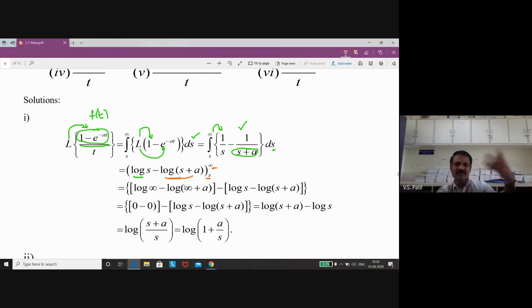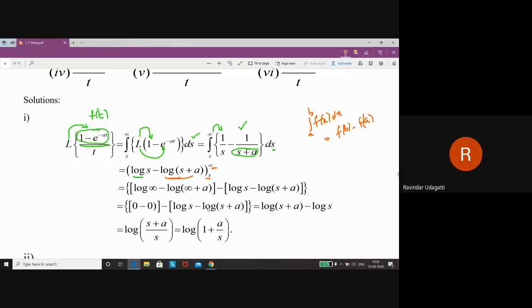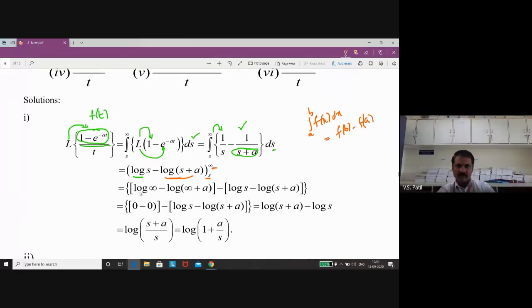Now, there are some other techniques in some books they will use, but I am going to substitute directly. So first put the upper limit. By the definite integral property, integration a to b f of x dx, how you can write this one as f of b minus f of a. Will you write this or not? Yes, sir. So first put the upper limit here. If you put the upper limit, what you will get? Log infinity here, wherever s is there. These limits are with respect to s. Now this is log infinity plus a.